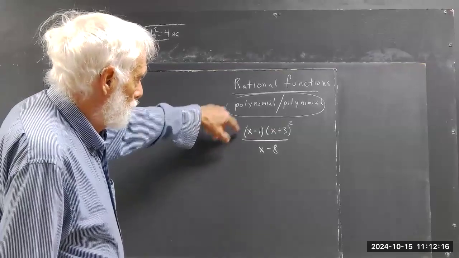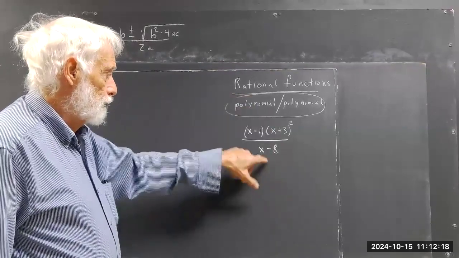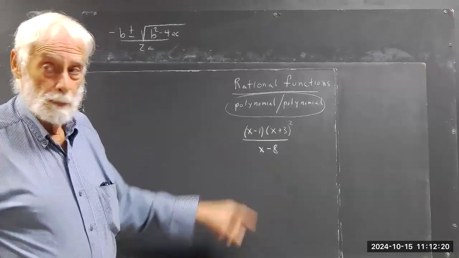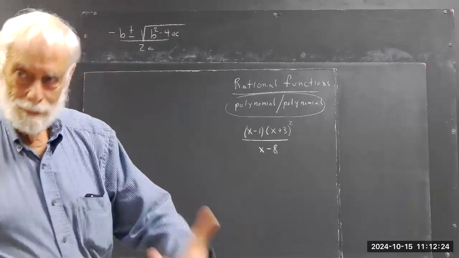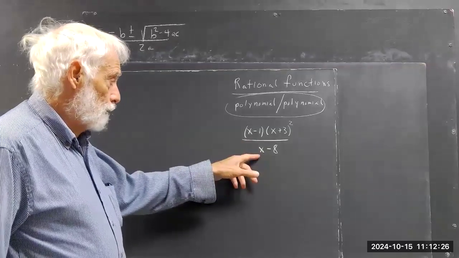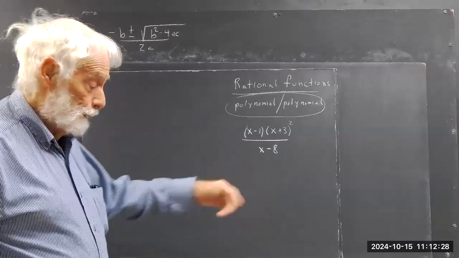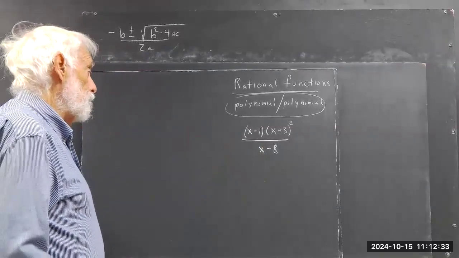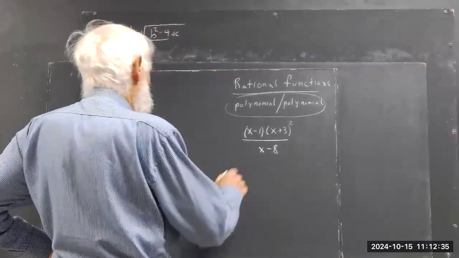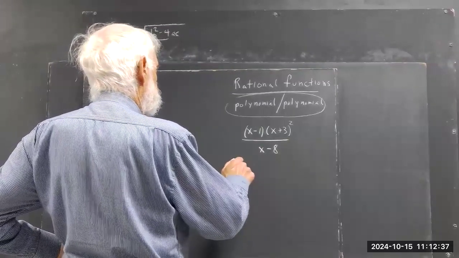Okay, this is a polynomial in factored form, and this is a very simple degree one polynomial. It's a linear expression, but it's still a polynomial. It's power of x and a number. Okay. So what do we know about the graph of this thing? Well, first of all,